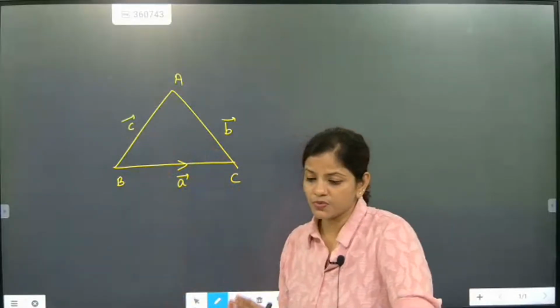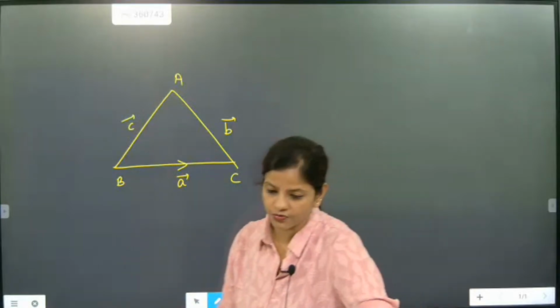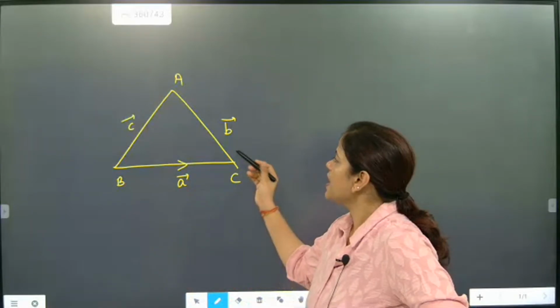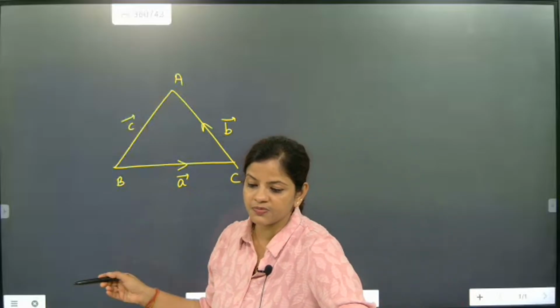Did you notice one thing? Whenever we write like this, they are telling that you need to prove. This is exactly the vector given, and they told that this is B vector. For the resultant, A vector plus B vector,